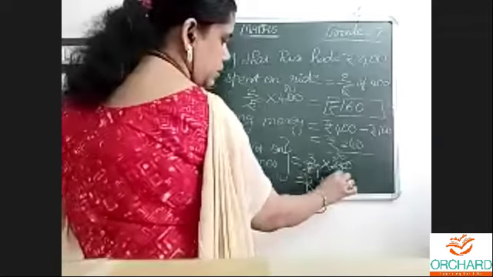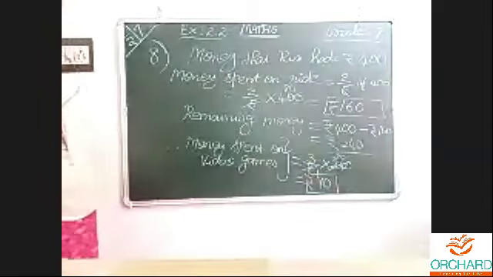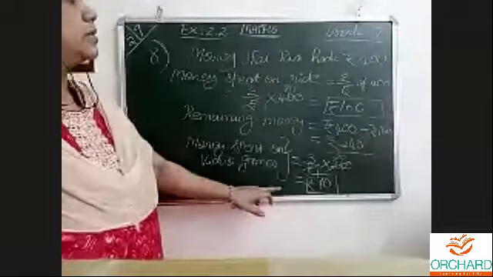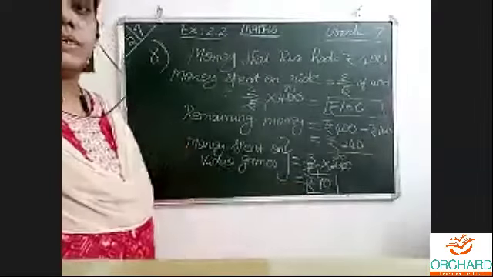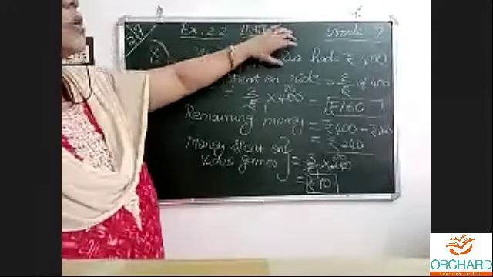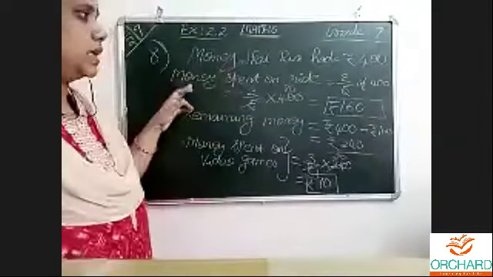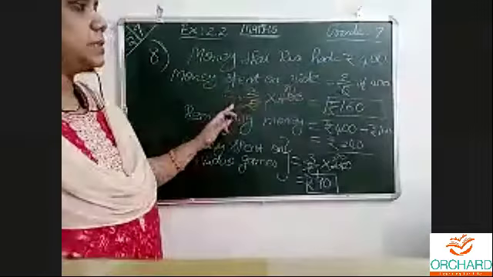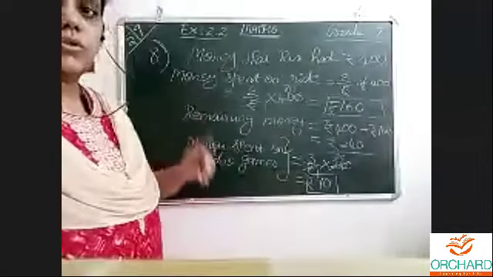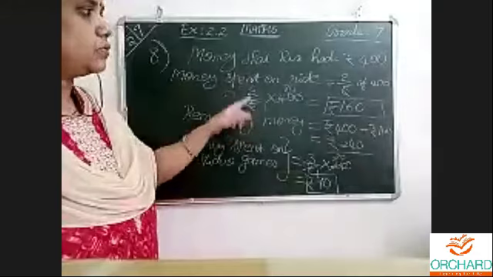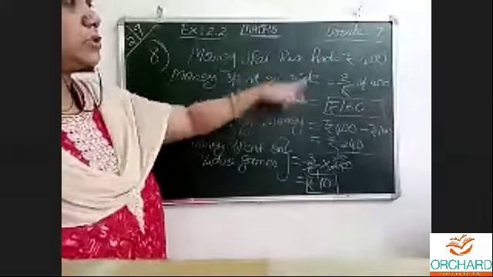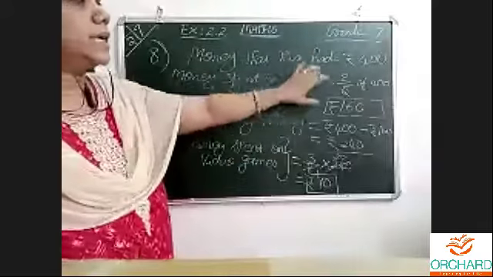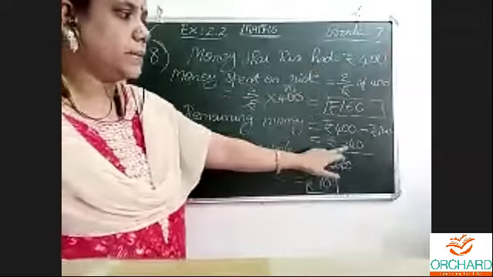Write it in a box: 90 rupees is the money the girl spent on video games. The total money with her was 400 rupees. Then 2/5 of that 400 rupees she spent on ride. So 2/5 of means 2/5 multiplied with the total amount, then we will get the amount. Now the balance one, this minus this, is what is with her in her purse.